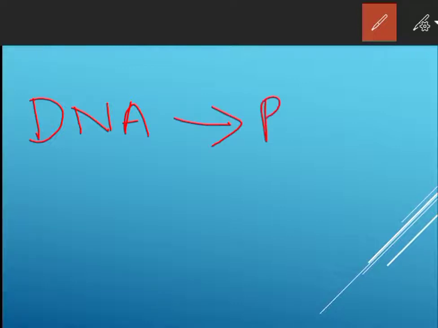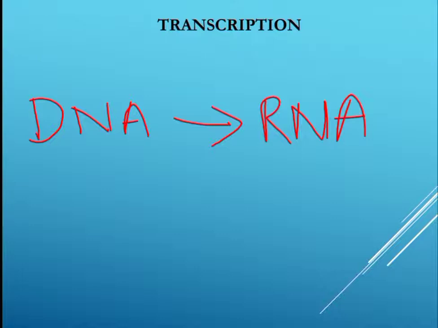Do you remember? Last time also I told you that the process of copying DNA information, which is present on DNA, into RNA is known as transcription. Also, the process of transcription is governed by the principle of complementarity, except that adenosine now forms a base pair with uracil instead of thymine, because thymine is not present in RNA.